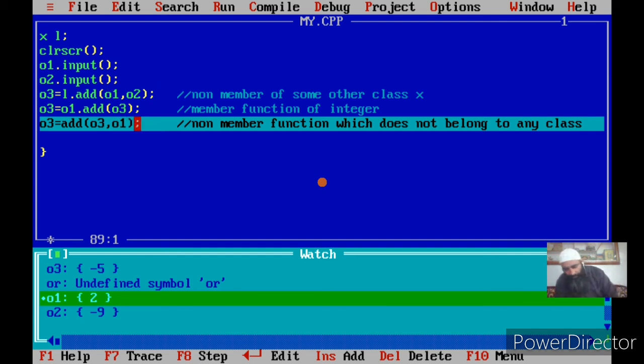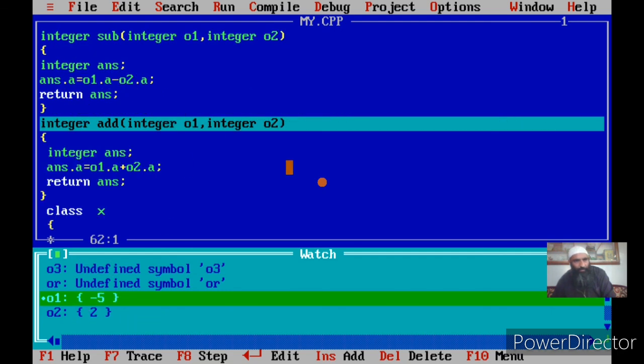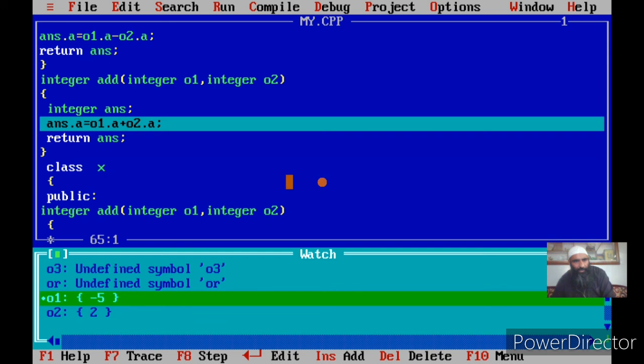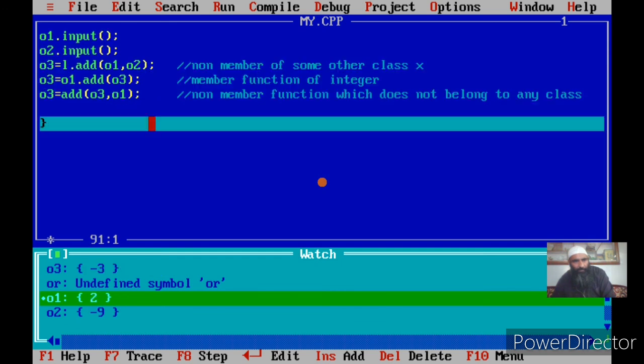Now again we are making a call to a non-member function, that is add, and we are adding O3 and O1. The value of O3, if you see in the watch window, is minus 5 and O1 is 2. Now the call has been made, and we are returning from the call, and O3 is minus 3. Okay, that's correct. So we have implemented add in 3 different ways, and I'll be using this example for operator